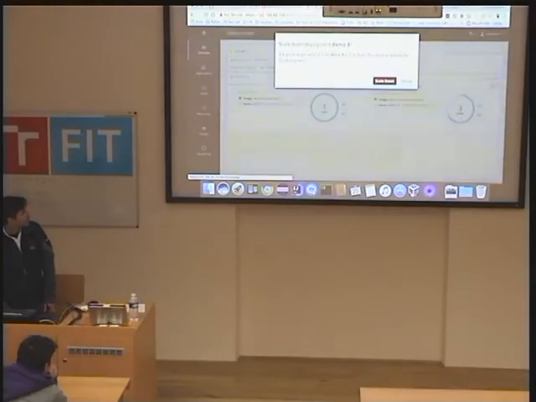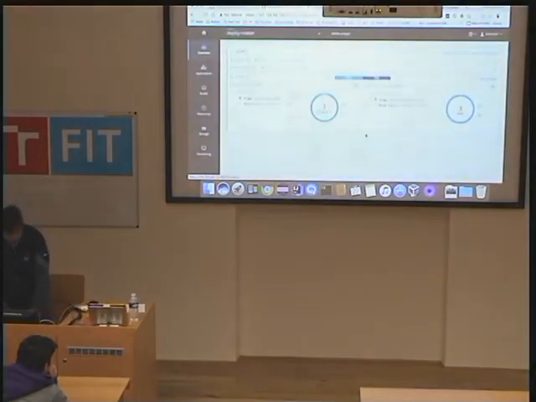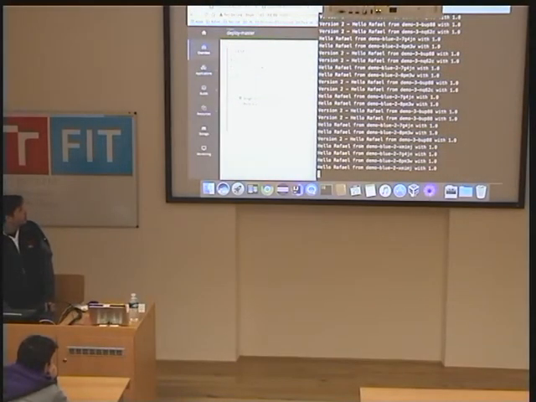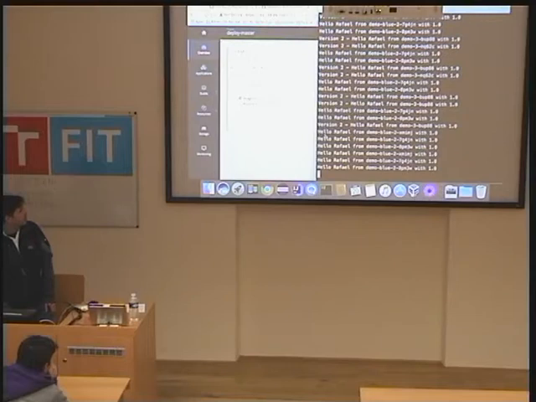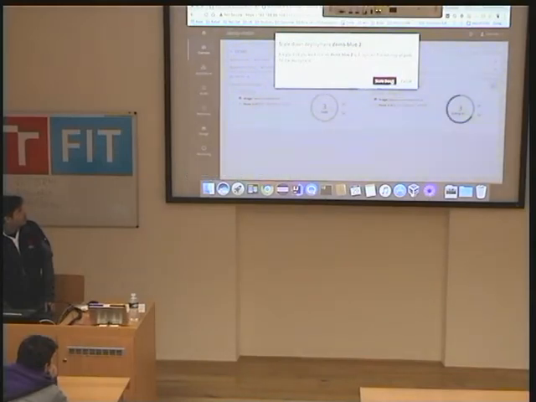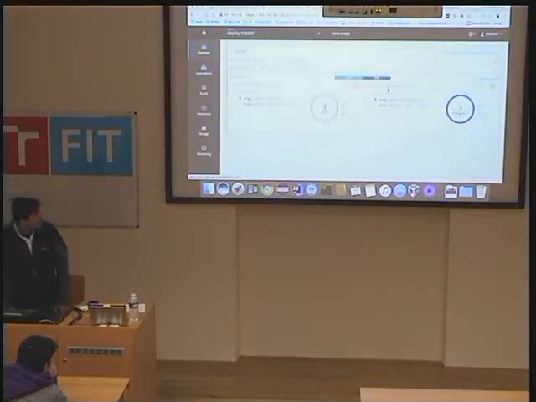I can even shut down the previous version totally, and now all requests will be made only in the version that I've selected. And if something goes wrong, I can return this to 3, shut down the previous version, or even remove it